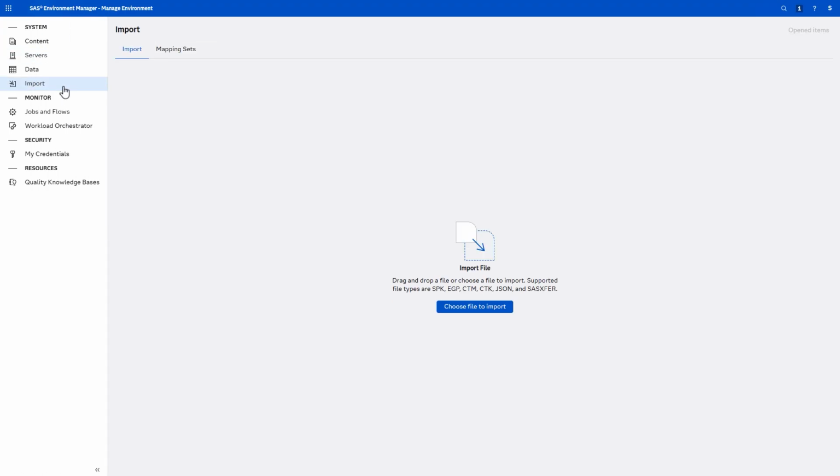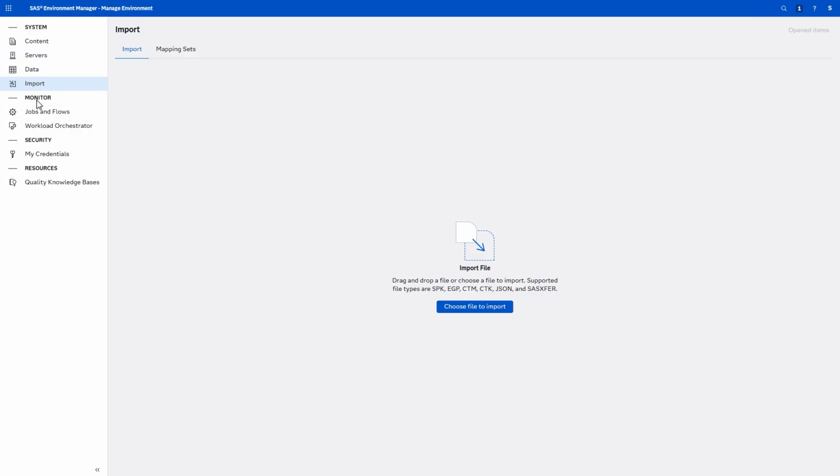Import provides a process to read various SAS9 assets or other SAS package files and load them into Viya. For example, if you have a SAS Enterprise Guide project, which is a file with a .egp extension, then you can import the project and convert it to a SAS Studio Flow or a .flw file.